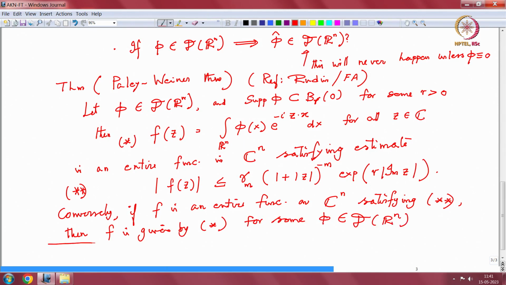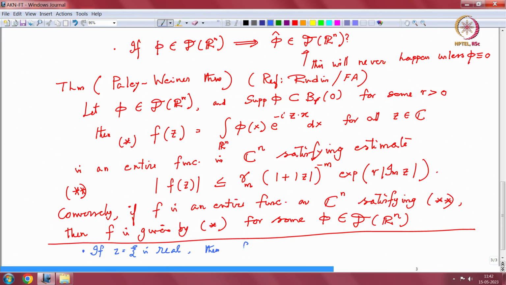Okay. So you see, every compactly supported function generates an analytic function with some decay estimates, polynomial type decay estimates. As an immediate remark, let me use a different color. If z equals x, z equal to xi is real, then your f of xi